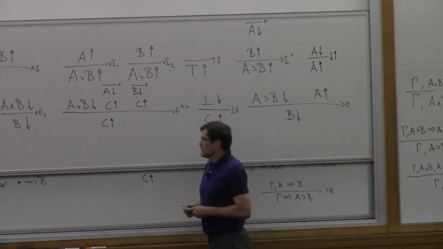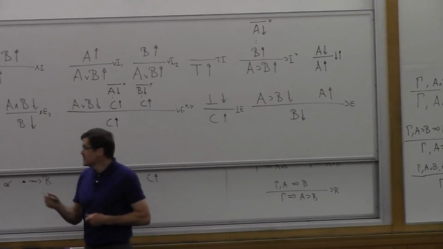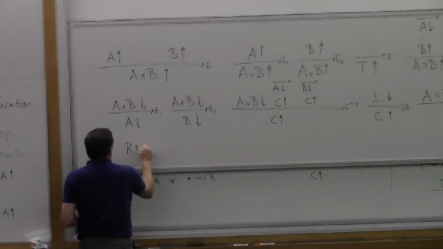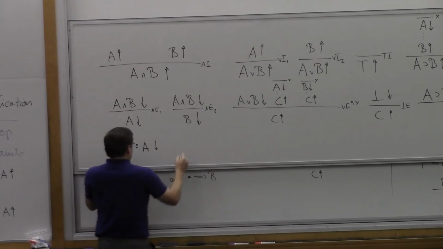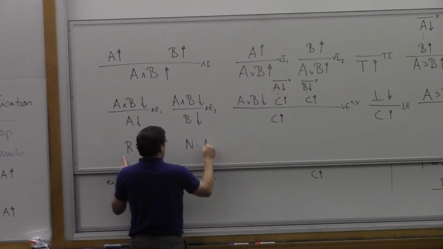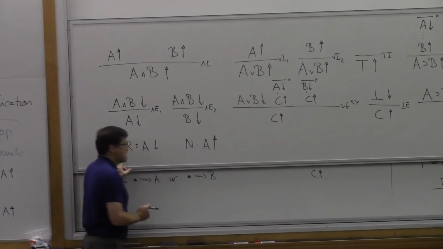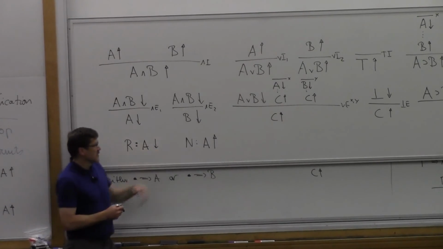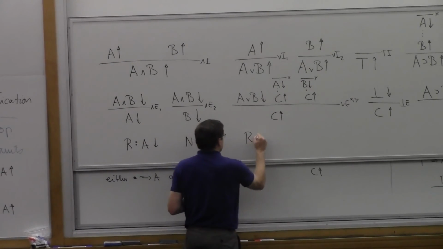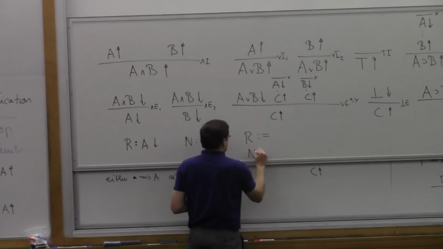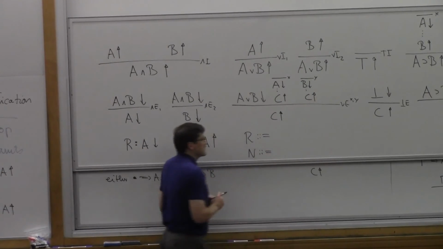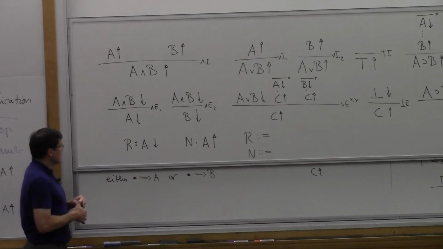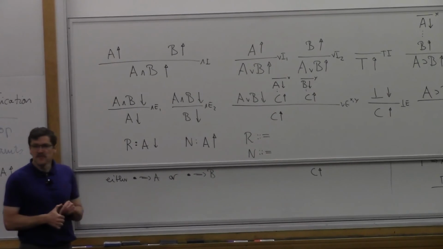So what I want to do is the following. I want to do a proof term assignment to these things. The way I'm going to do that is certain terms are going to be evidence for that, and other terms are going to be the evidence for that. And I want you to write down, what are the possible R's, and what are the possible N's? So please do that.